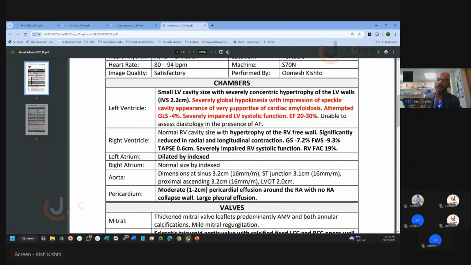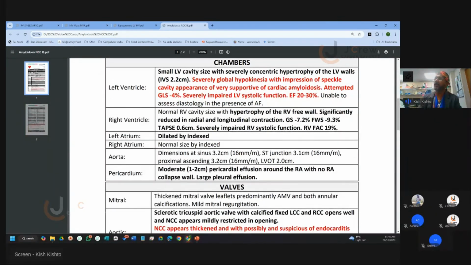and impaired diastology. So the RV as well, hypertrophy of the RV free wall, which we've measured in the subcostal view, with significantly reduced radial and longitudinal function, and GLS attempted, which is reduced again, -7, -9, and TAPSE 0.6, which is severely impaired RV systolic function as well. And FAC was 19%,